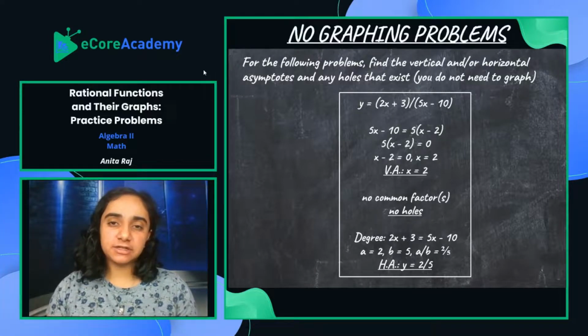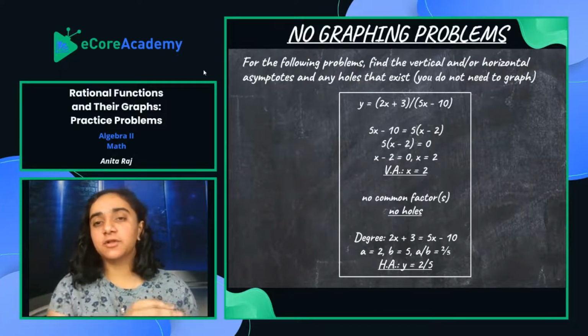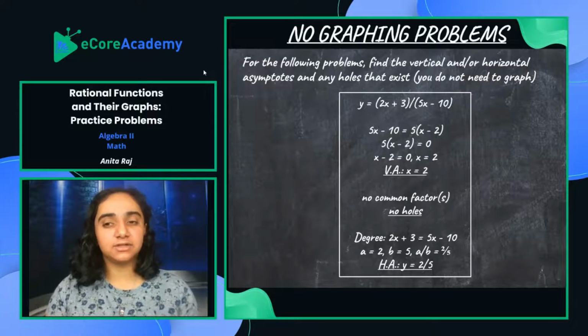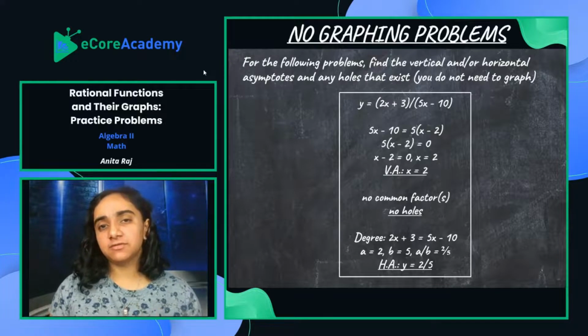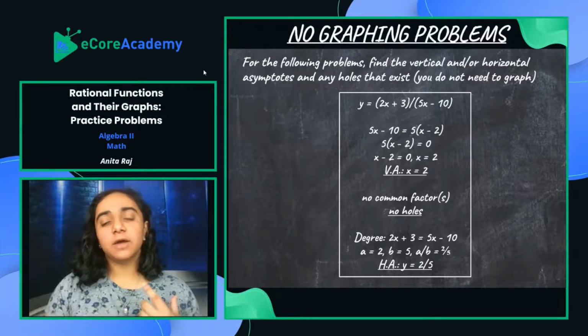In this case, we have 5x minus 10. We're going to pull a 5 out. So if we pull a 5 out, we get 5 times x minus 2. If we distribute that 5, we're going to get the 5x minus 10. Then we're going to set 5 times x minus 2 equal to 0, and we're going to try to isolate